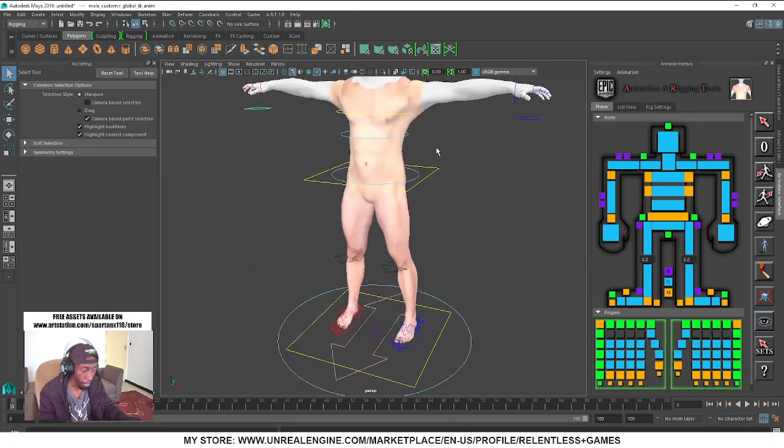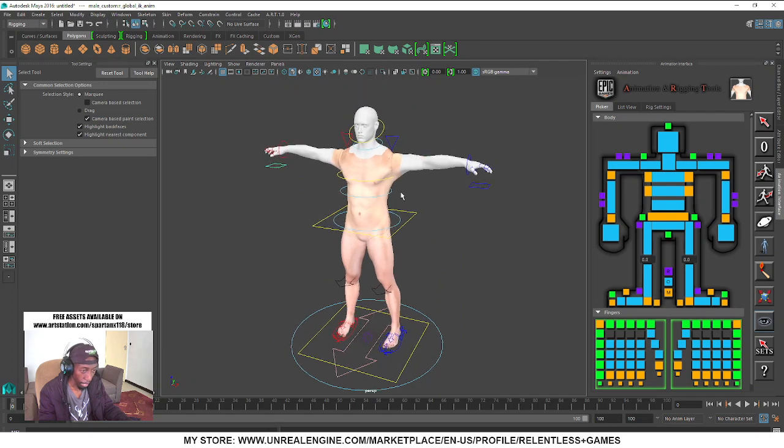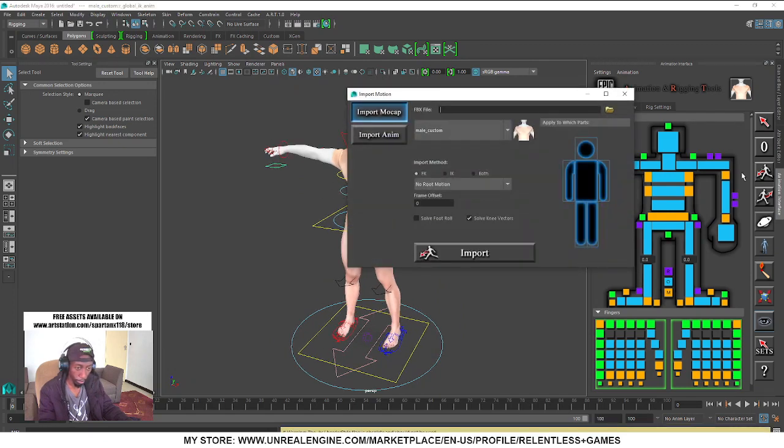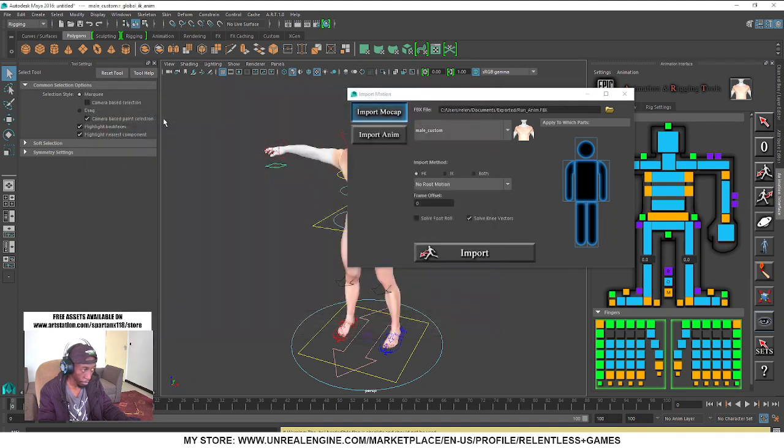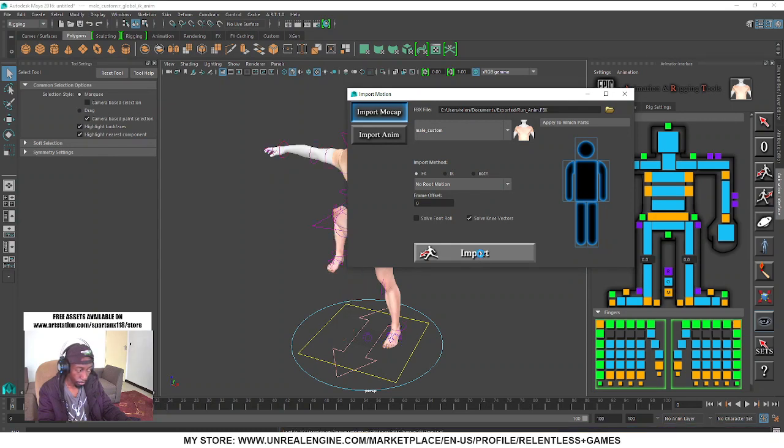So yeah, I've exported that animation from Unreal. All I have to do is import it now. So I'll find that file. That's the run animation, and I'm not gonna change any settings here. I'll leave it on no root motion. If we import root motion animations, we'll use root motion master animation. So I'll import this,